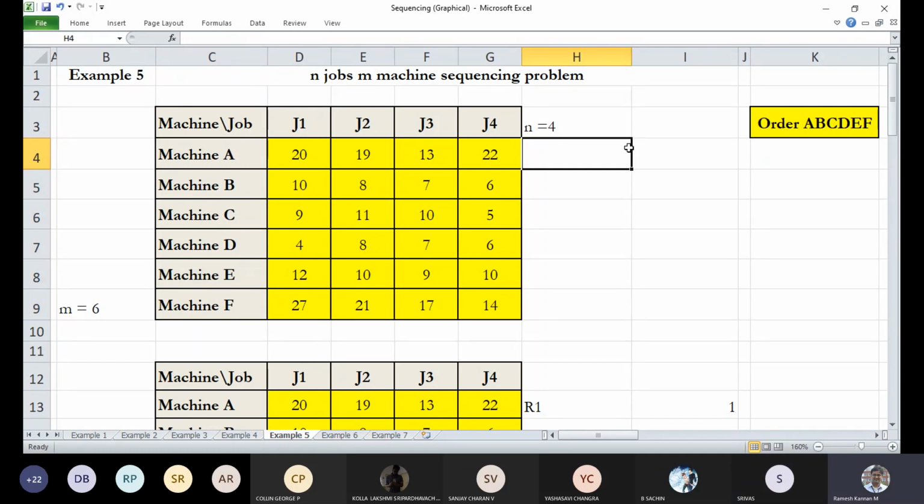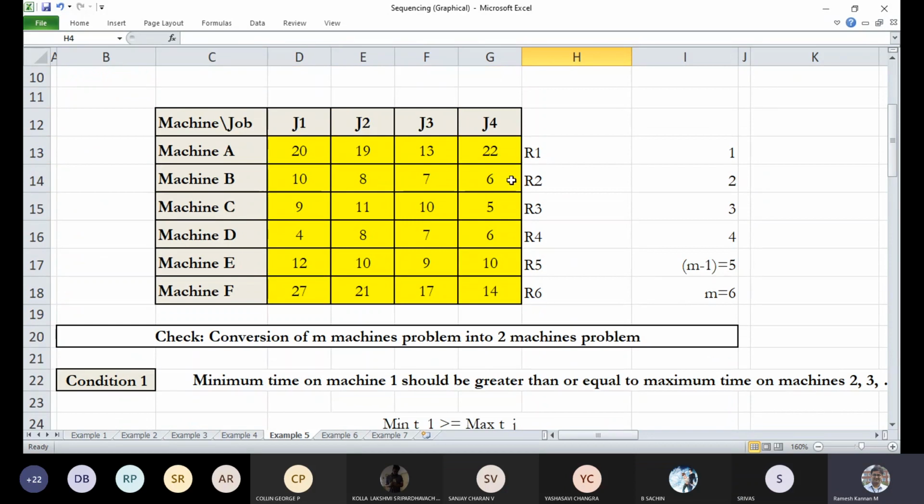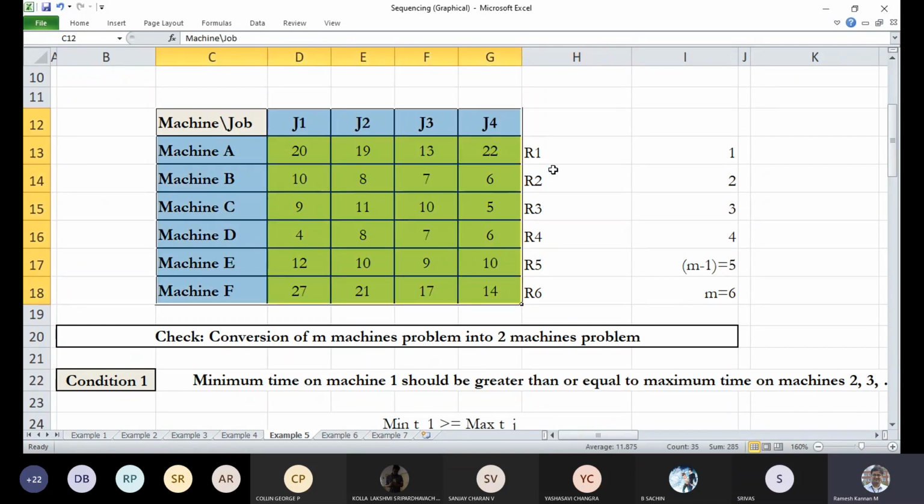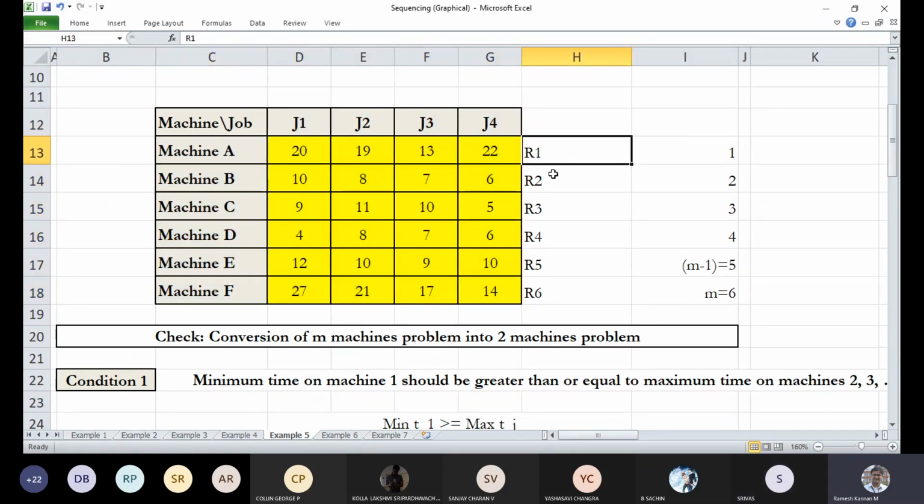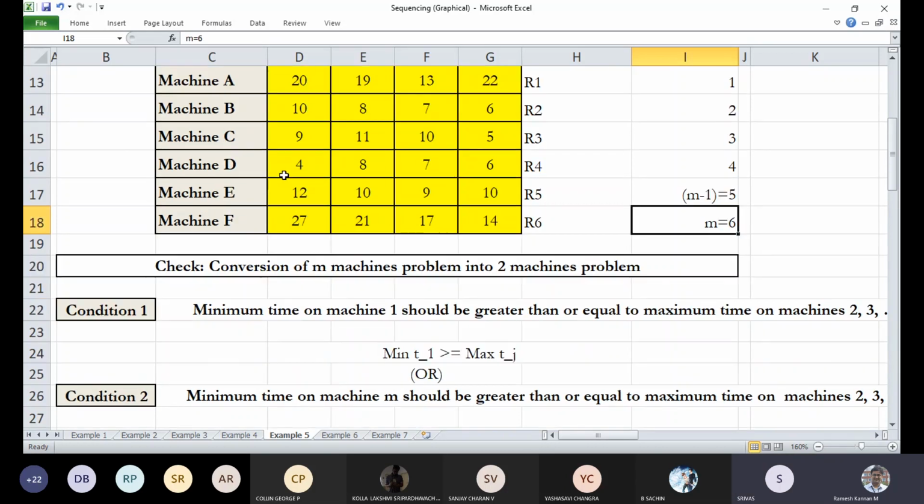First, we take the question and put a nomenclature: row 1, row 2, row 3, row 4, row 5, and row 6. That's why it says m equals 6, where 1, 2, 3, 4, 5 is m minus 1, and so on.